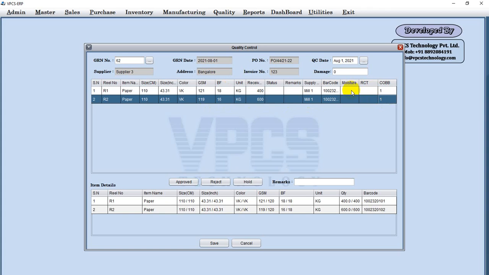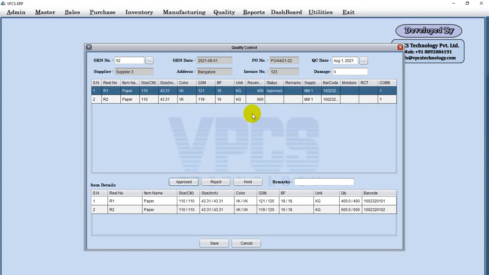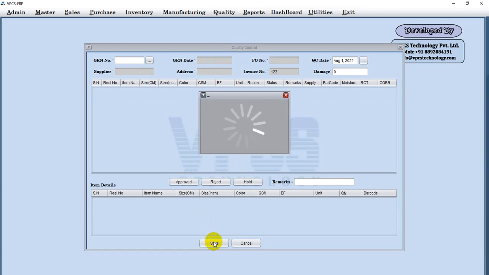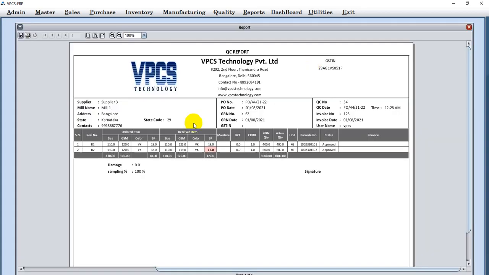You may fill in the moisture, RCT, and approve it. You may hold or reject also, but I will approve both reels. Let's save it. Your quality report will be generated. If any value is below standard, the value will be highlighted. Okay, you may see it in red color.